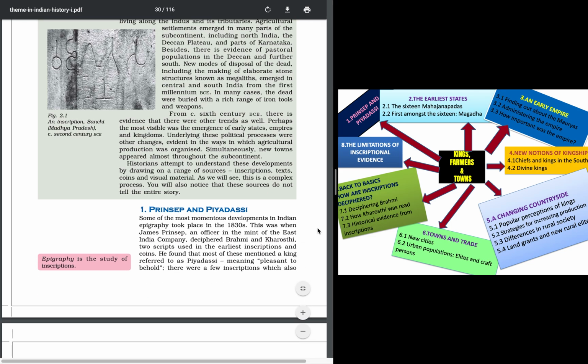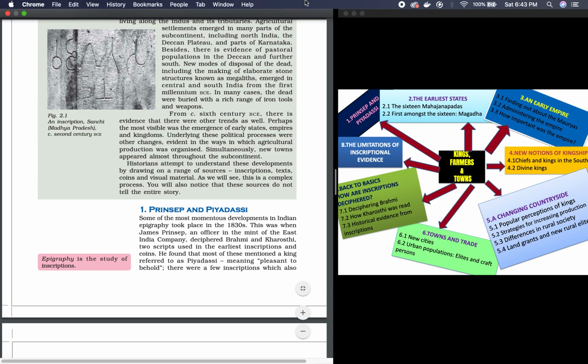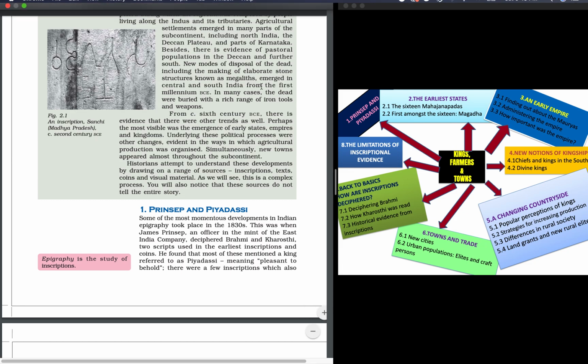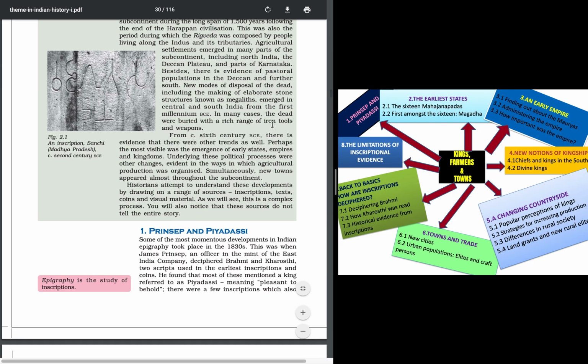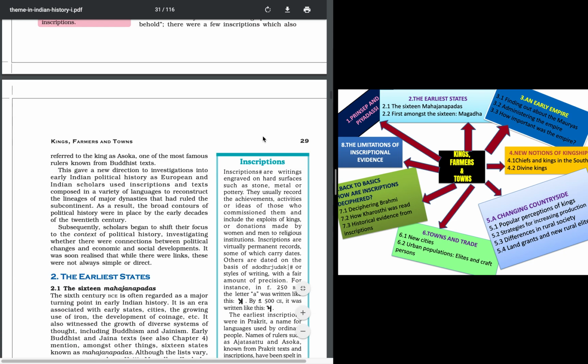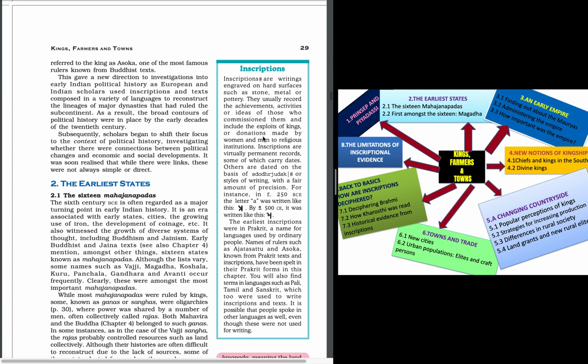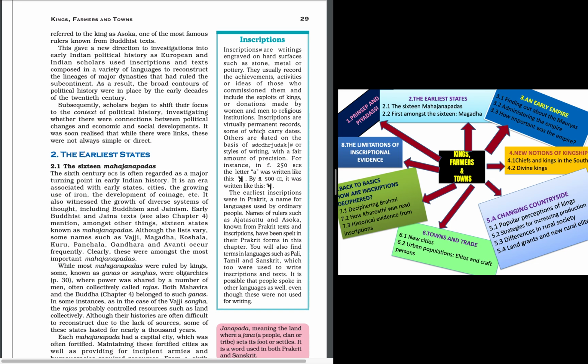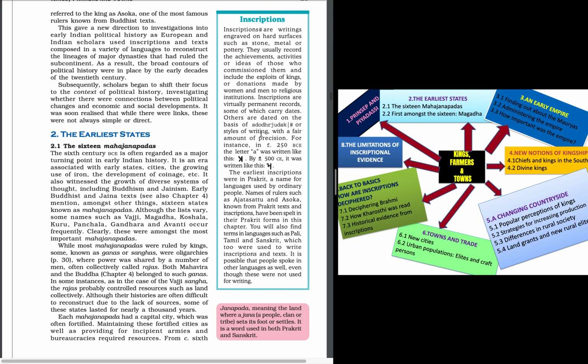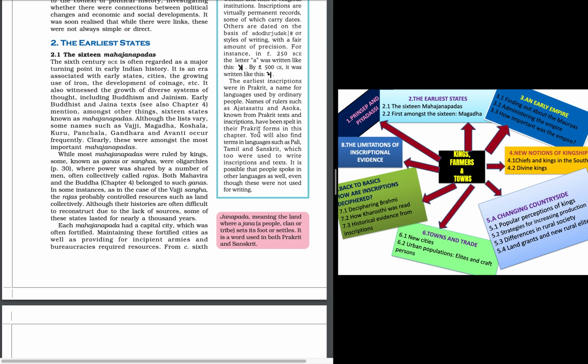Then comes the second subheading of this particular chapter. Second subheading says the earliest states, the 16 Mahajanapadas. This was the beginning of the culture. This was the beginning of the establishment of the Mahajanapadas. Jana means people and pada means pad, foot, right? So wherever people settled, Janapadas were established, and 16 Mahajanapadas were established,